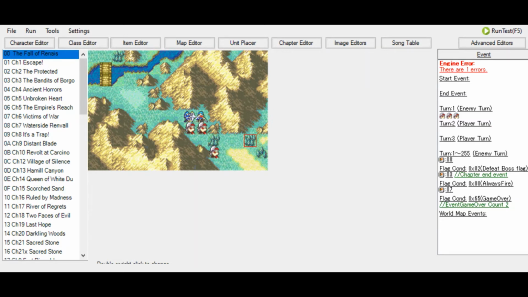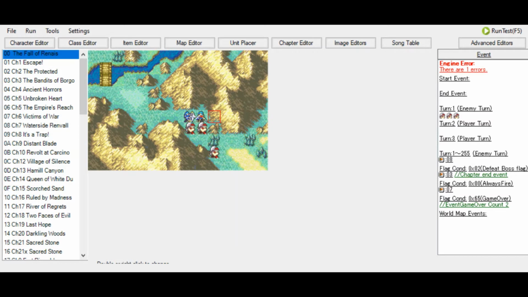So this episode is not so heavily focused on functions of FE Builder, but rather focused on how to design a map and how to place your units, as well as give you a little bit of an insight how that goes in FE Builder. I'm not considering myself an expert, because even I have much to learn, seeing as I haven't released a lot of my hack yet, and I have yet to receive quite a huge amount of feedback.